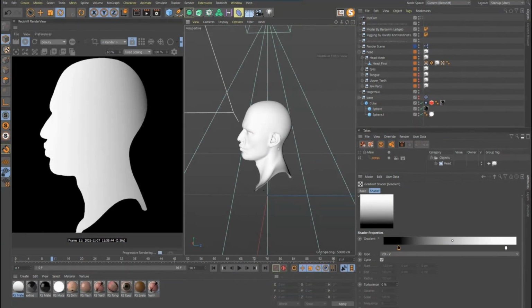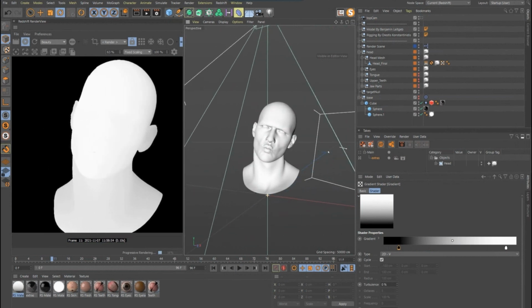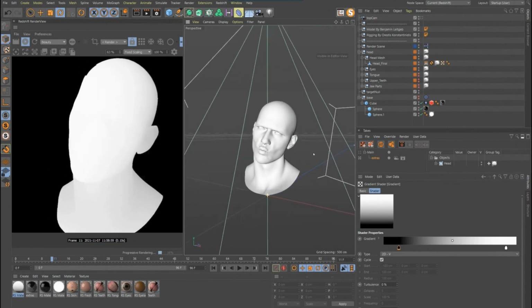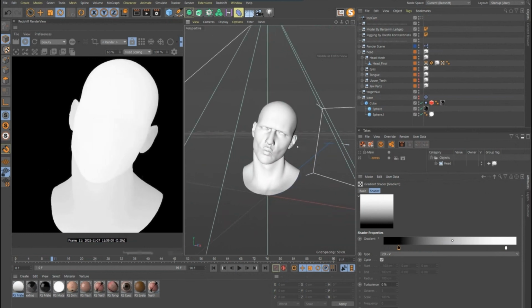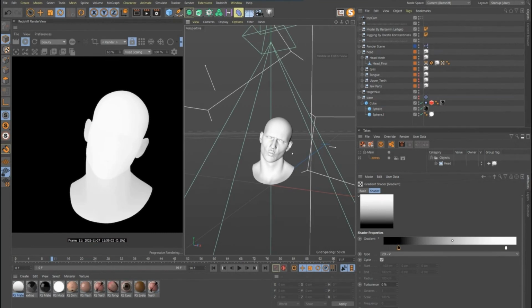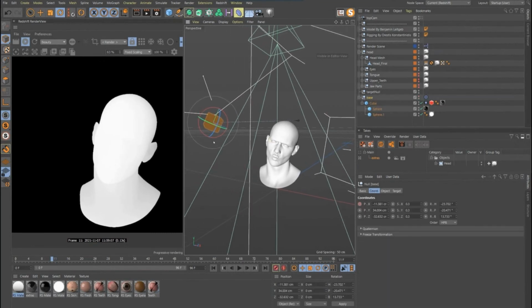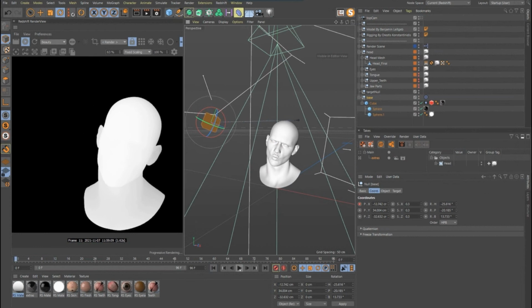So what this does now is we have our front and our back, but this doesn't quite get us exactly what we're looking for, which is to have it from the perspective of whatever our little projector thing is. In this case, it's this guy that I had made that animates around like that. So how do we do that?